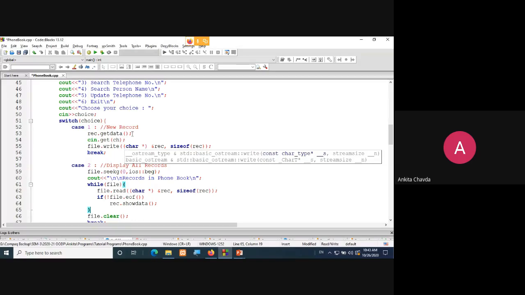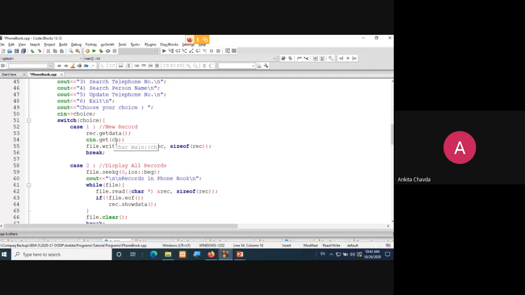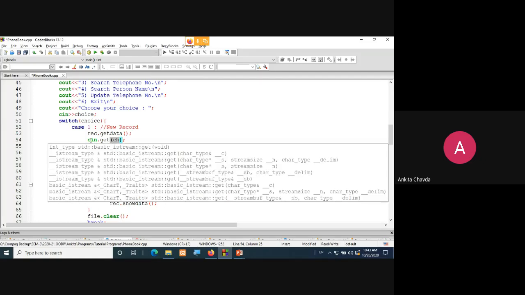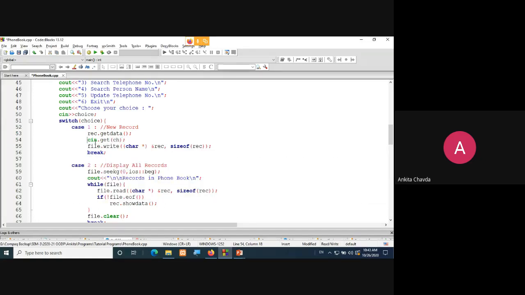So here we have read the data from the user. Then this will be a cin.getch that will skip at least one character, because enter will be given there and it would even read that character. You will find out why we have written this, so just skip this line right now.